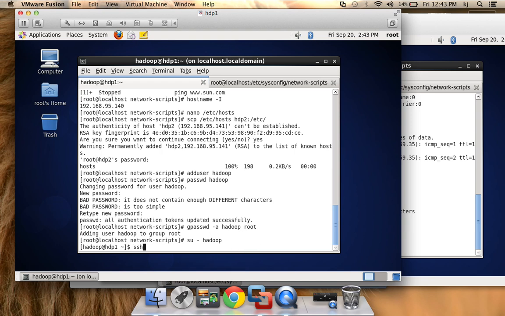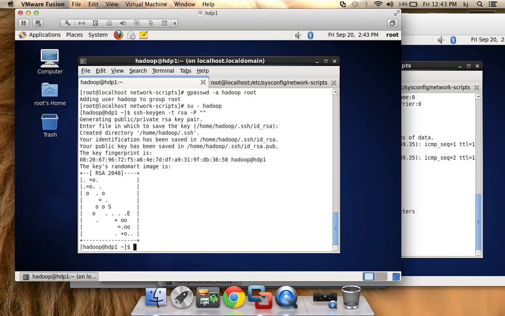For that I'm going to do ssh-keygen, the type is RSA, the encryption type, and the password is blank for this tutorial. So what I'm gonna do is copy this public ID